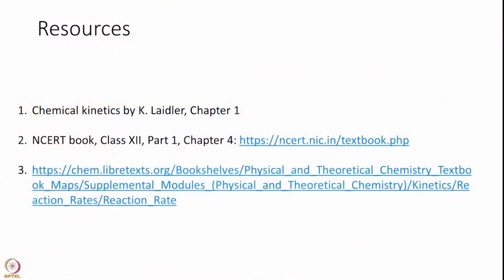Hello and welcome to the second module of chemical kinetics and transition state theory. In this module, we are going to finish up a preview of the prerequisites. So, today we will cover how to think of elementary reactions, reaction mechanisms, and finally end up with how to write rate law equations.